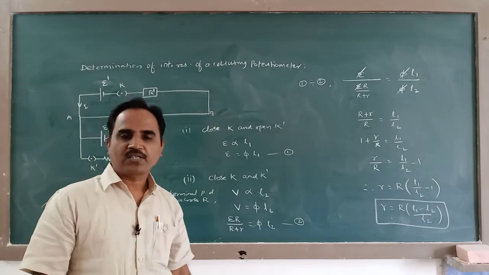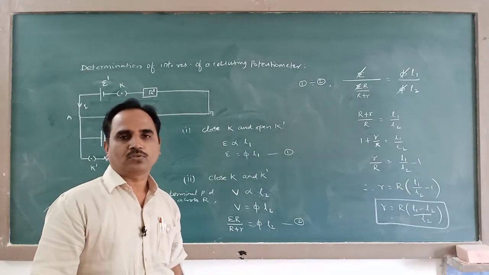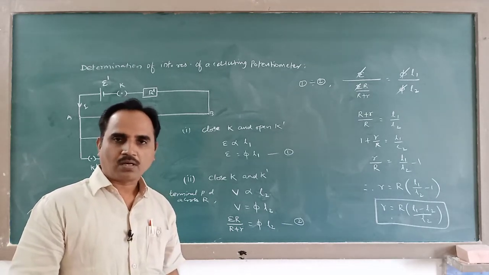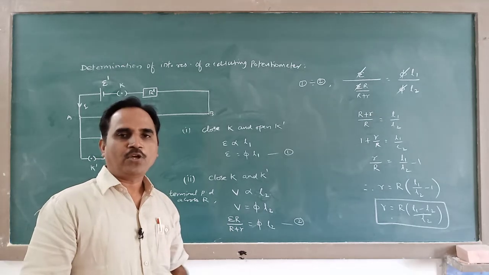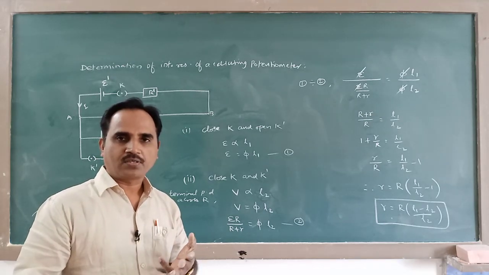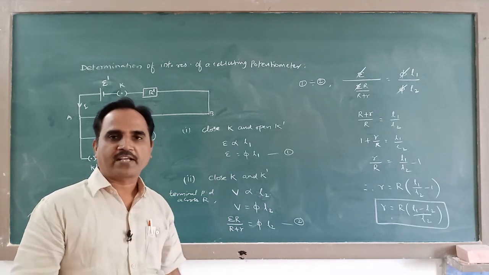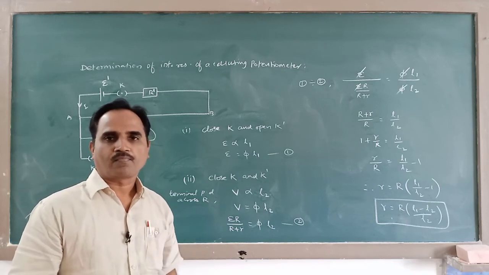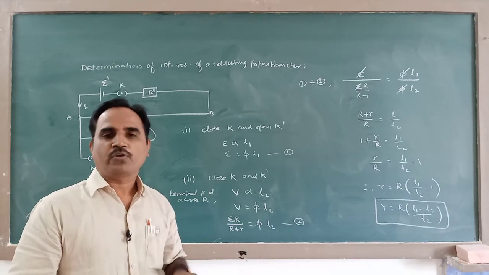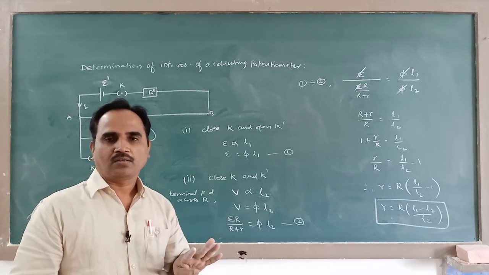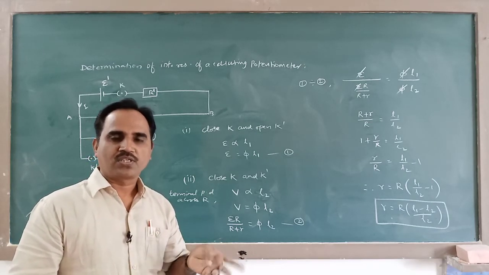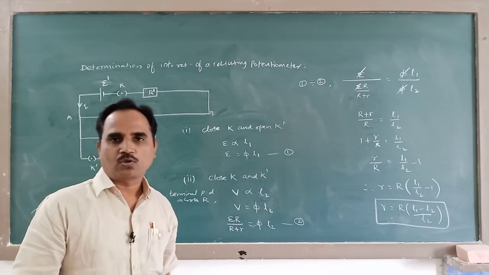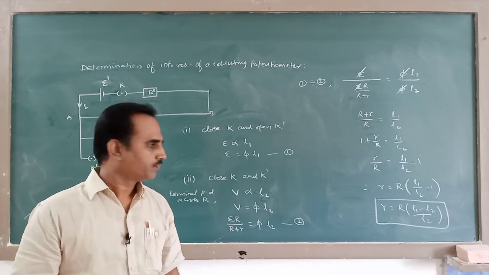So these two experiments are there for your practical course using potentiometer. So from this chapter, mainly you are doing 3 experiments. One is meter bridge and 2 potentiometer experiments in the laboratory course, including Ohm's law, 4 experiments in all. So in this chapter alone, we have 4 experiments: verification of Ohm's law, series parallel combination, meter bridge, and 2 experiments with potentiometer.